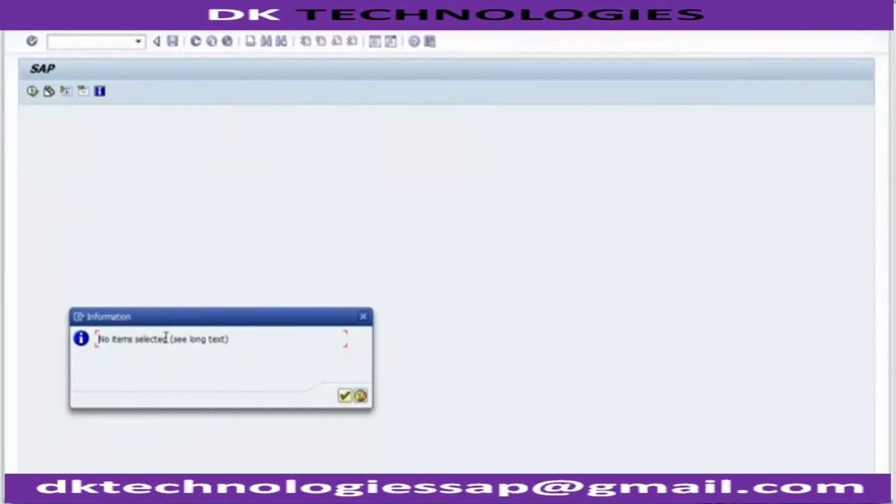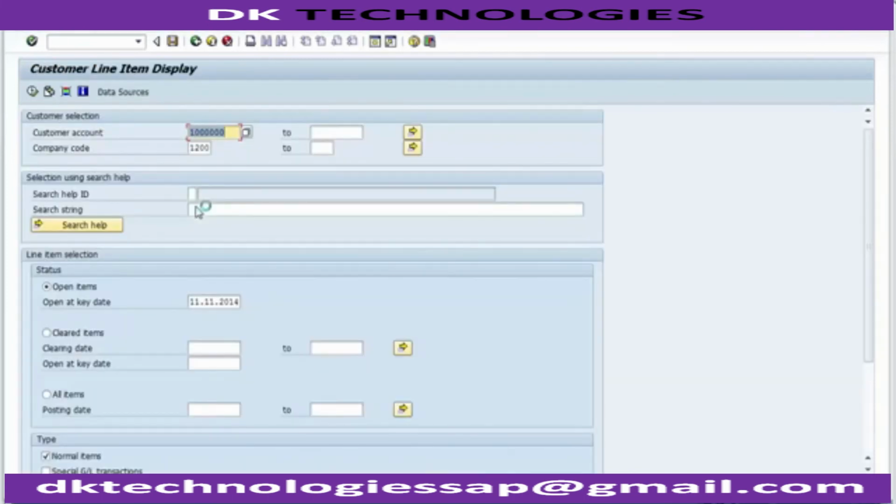Because we were looking at the open items, and now the transactions have completed. That means they have turned from open items to cleared items, because the invoice was there, the credit memo was there, the cash discount was there, but with the incoming payment the whole transaction gets completed, the whole cycle gets completed. So if you want to see those transactions, you have to go to this